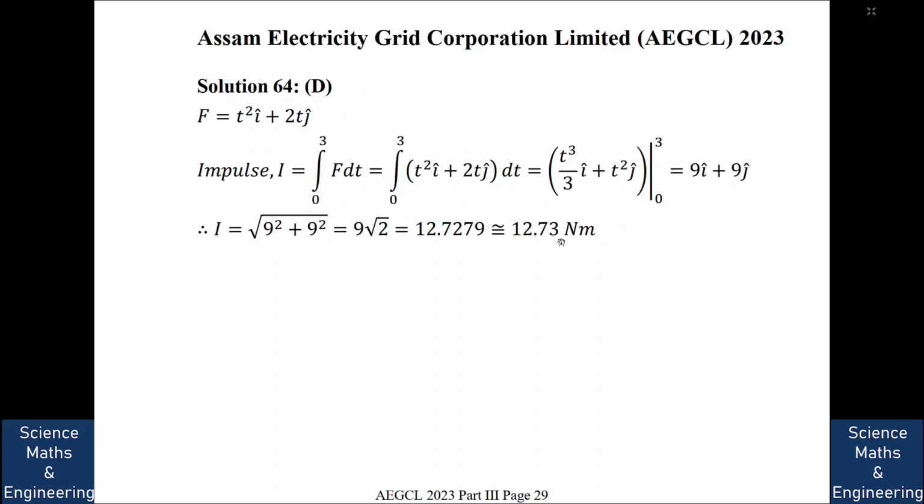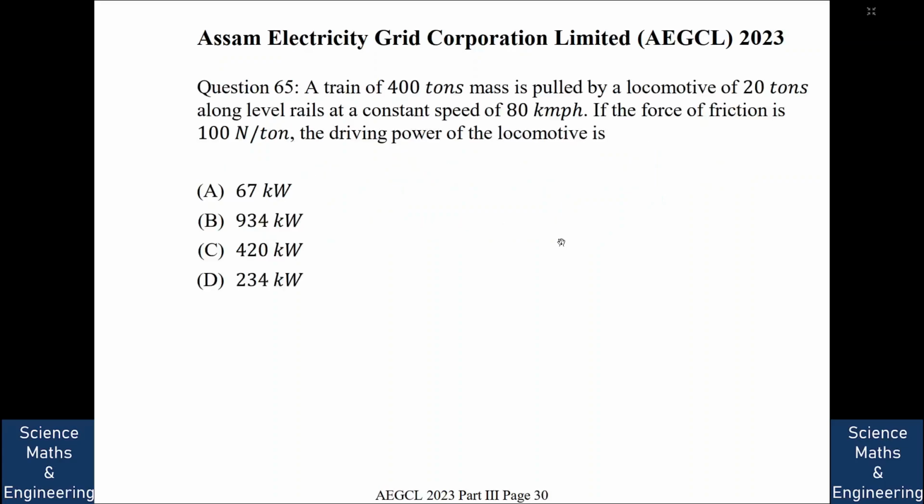Okay, so go to the next question. A train of 400 tons mass is pulled by a locomotive of 20 tons along level rails at a constant speed of 80 km per hour. If the force of friction is 100 Newton per ton, the driving force of the locomotive is,